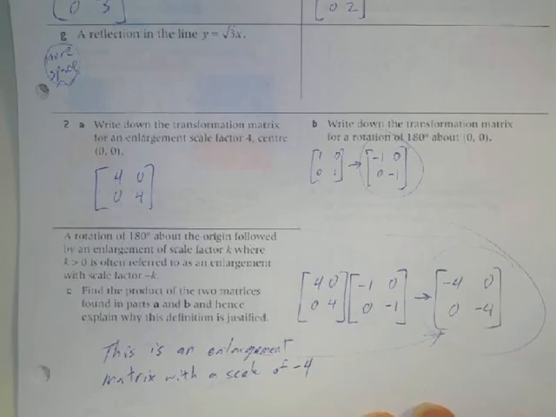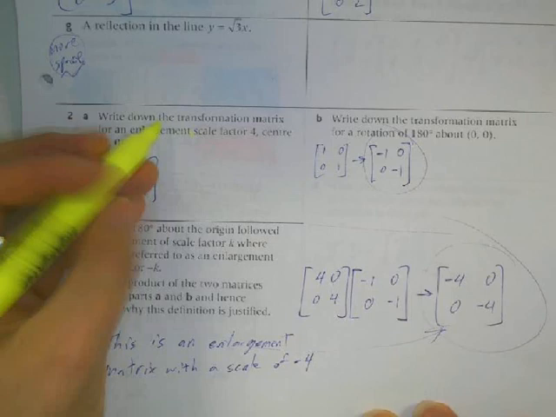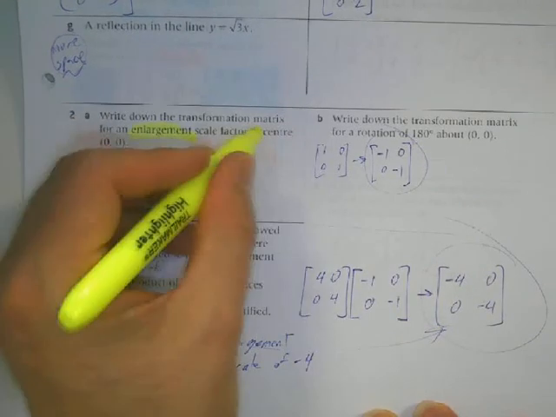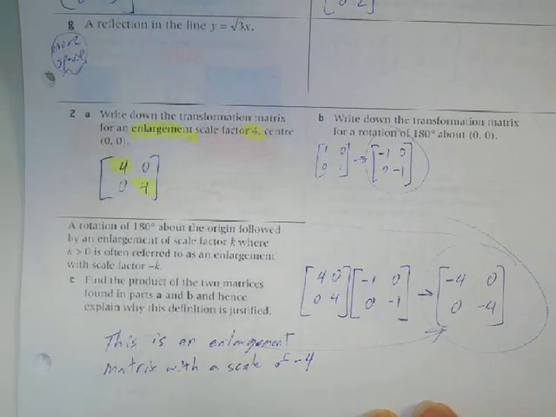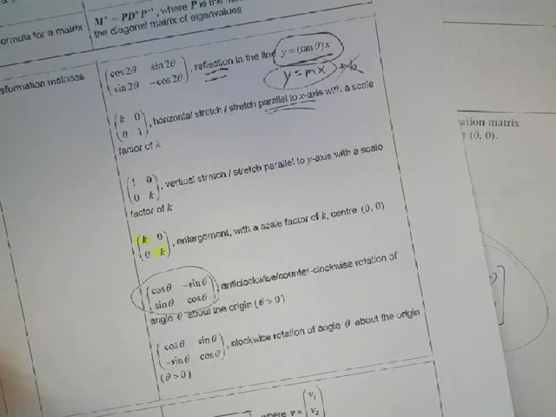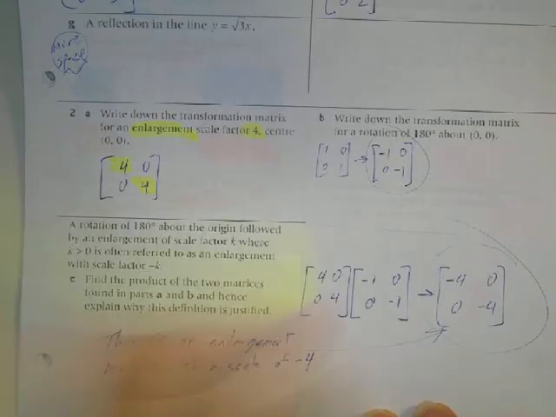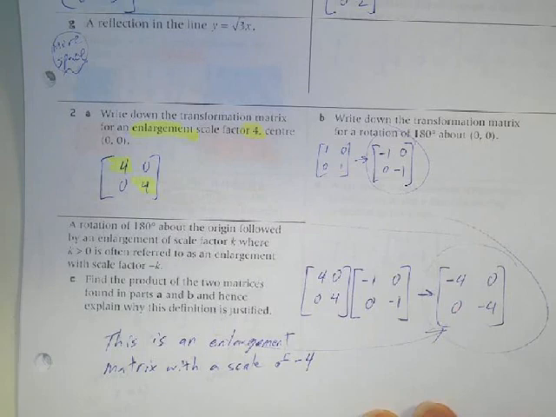Okay, let's do question 2. We have an enlargement. So if we have an enlargement scale factor of 4, we just put that value there from our k values here. Okay. Write down the transformation of a rotation of 180 degrees. So